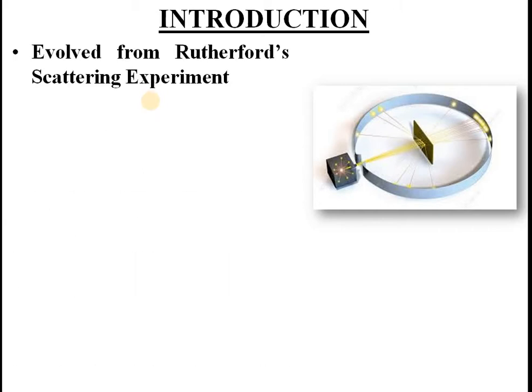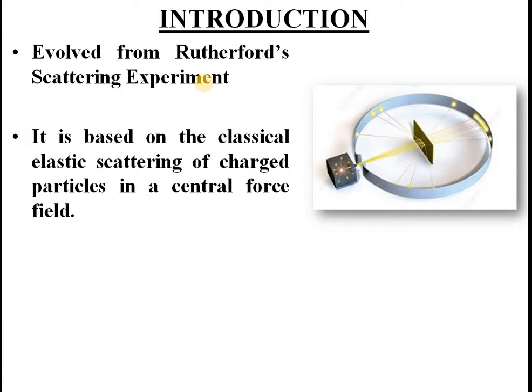In fact, this is derived from Rutherford's scattering experiment, where we usually talk about forward scattering only. We don't discuss backward scattering there, but here we are specifically concerned with the backward scattering of the projectile. Backward scattering will have the maximum loss. That is the spirit of the theory. Maximum loss means maximum accuracy in the measurement. So backward scattering is focused, not forward scattering. Usually in mechanics we discuss only forward scattering.